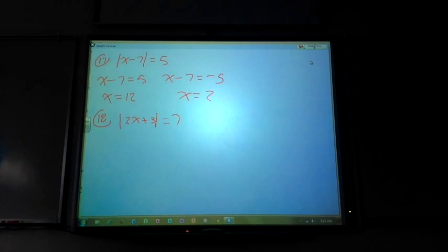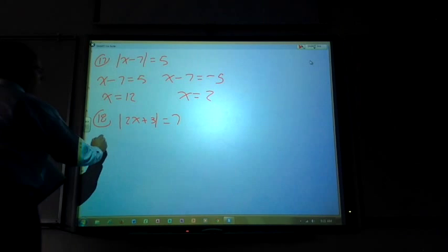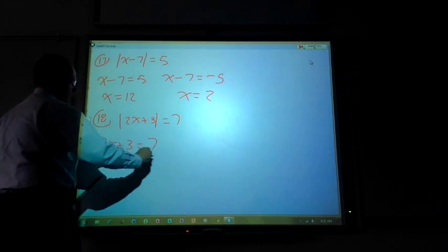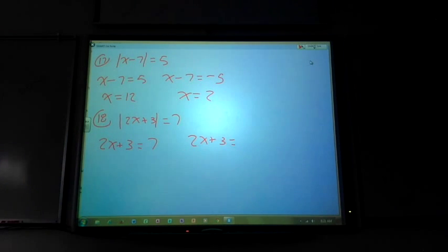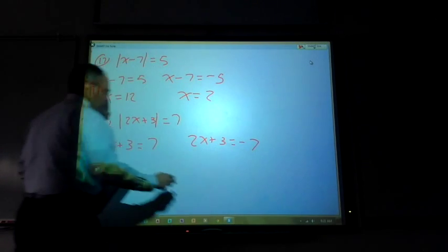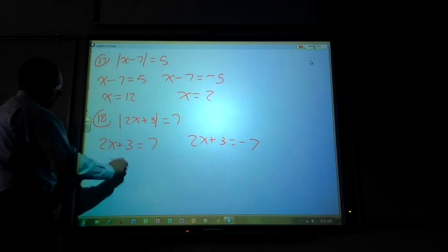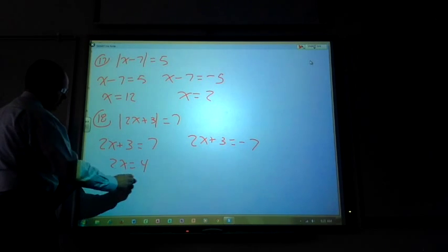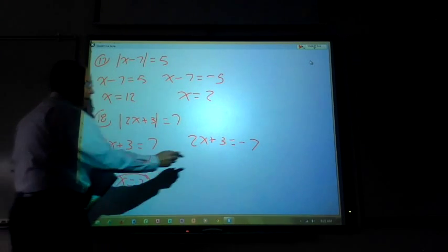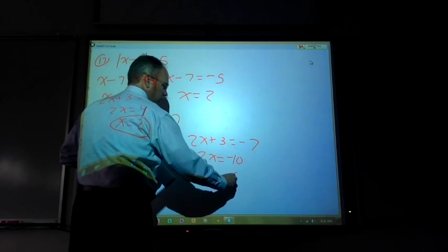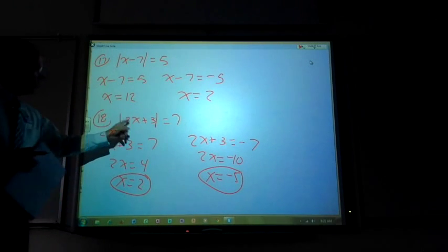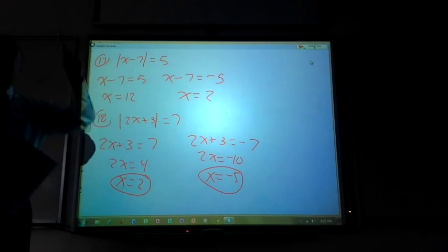How many problems am I making? 2. Okay? So the first problem is this. And the second problem is equal to what? Negative 7. All right, so I'm going to do the math. Subtract 3. So that gives me this. Divided by 2. That gives me that. That's 2. Subtract 3 gives me this. Divided by 2 gives me that. All right, let's see if we can make this work. 2 times 2 is 4. 4 plus 3 is 7. The absolute value of 7, Casey, is